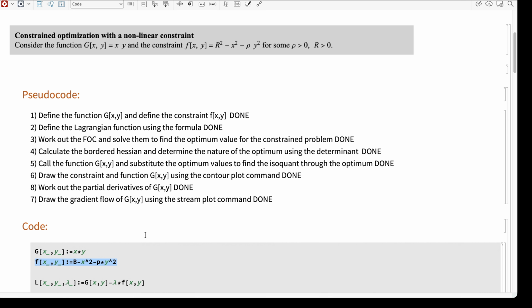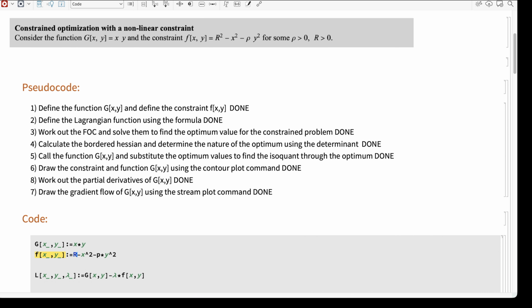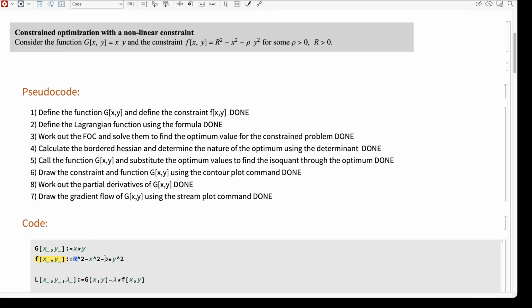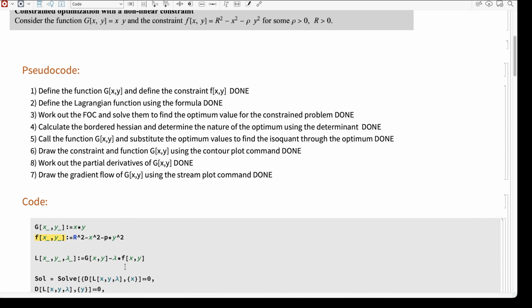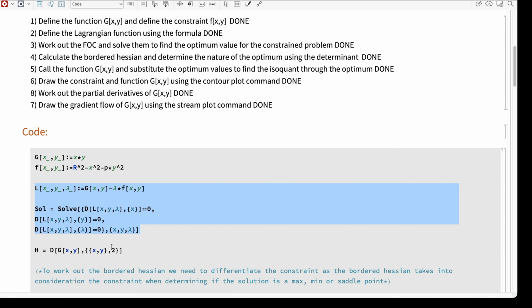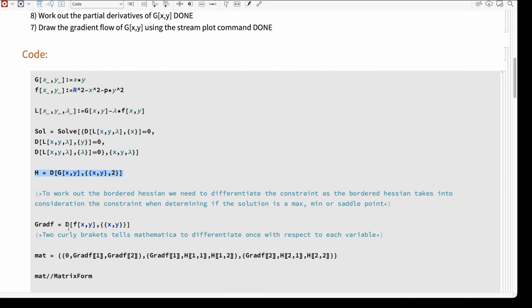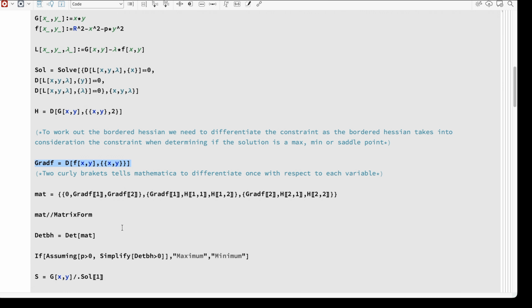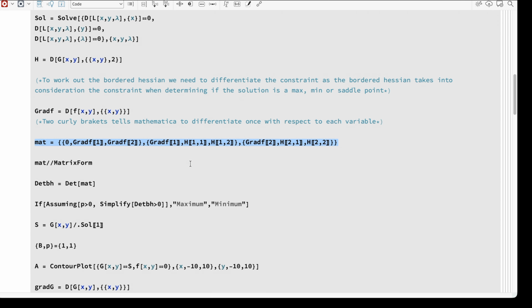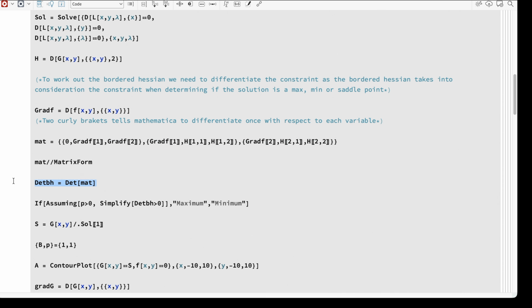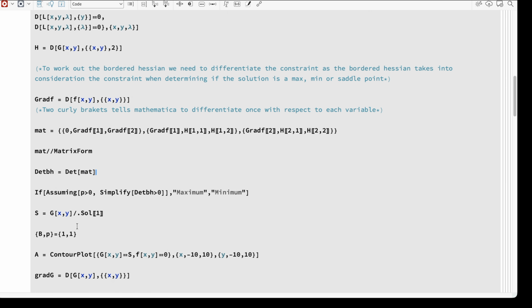It's now r squared minus x squared minus p multiplied by y squared. So I'm changing that to the new constraint. The Lagrangian function and the first order derivatives are going to be the same. So is the Hessian, and so is the gradient function. The bordered Hessian will always be the same. We're just going to take what we did last time, and the determinant is just our determinant of the bordered Hessian. If I now ignore b equals 1 and p equals 1,